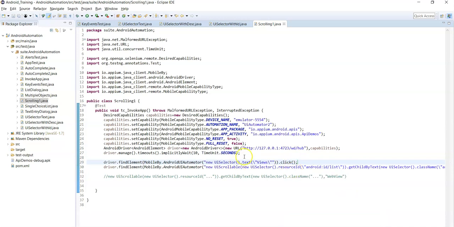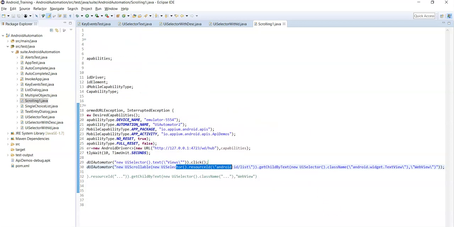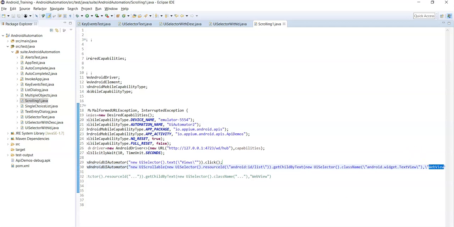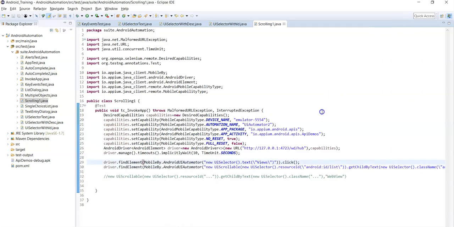That's it. Now if you execute the script, it will open the app, click on views, and then scroll to the specified element, that is web view. It will scroll down until visibility of this web view. Now let's run the script and see whether it is scrolling down to the web view or not.